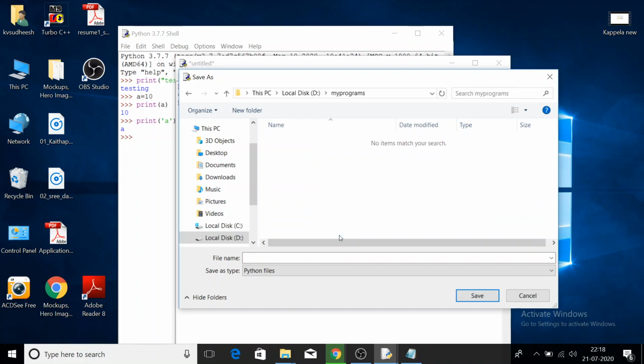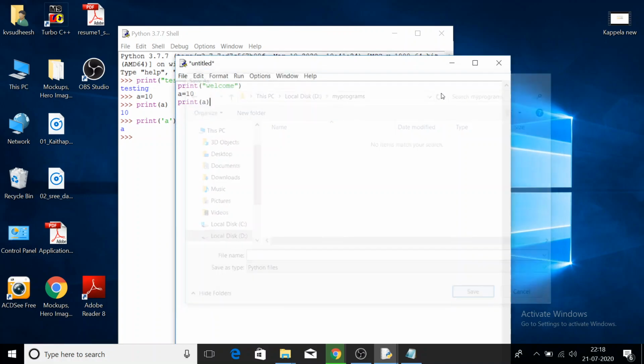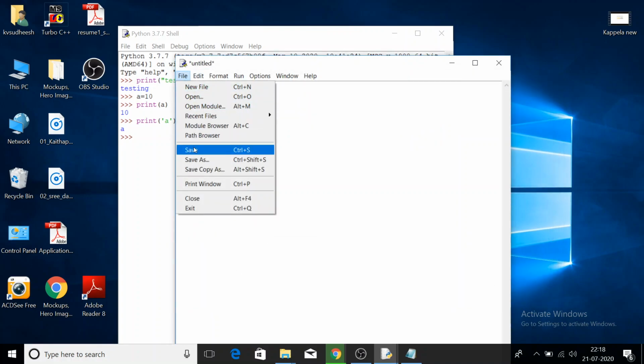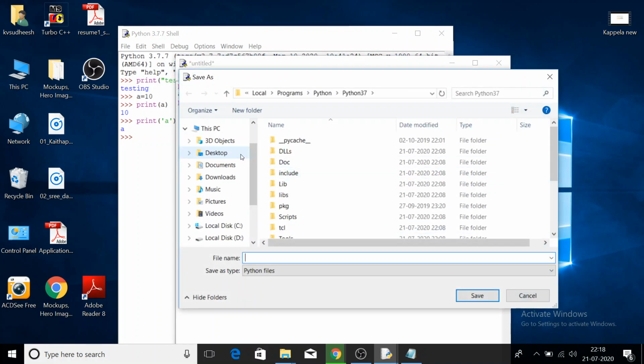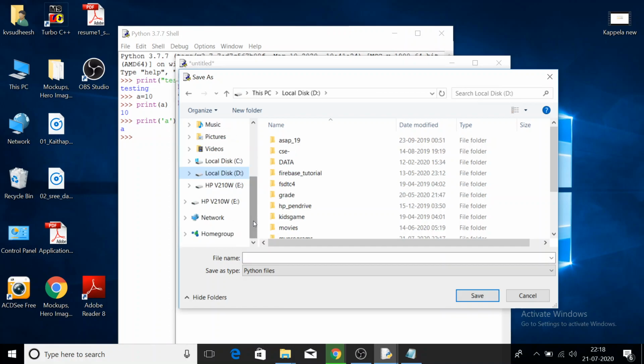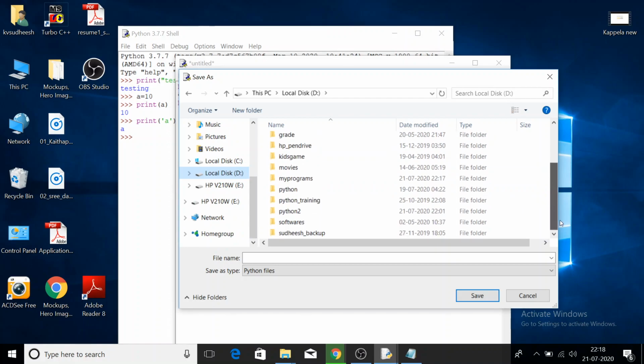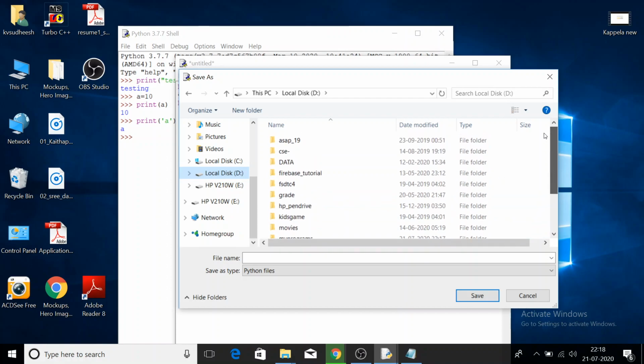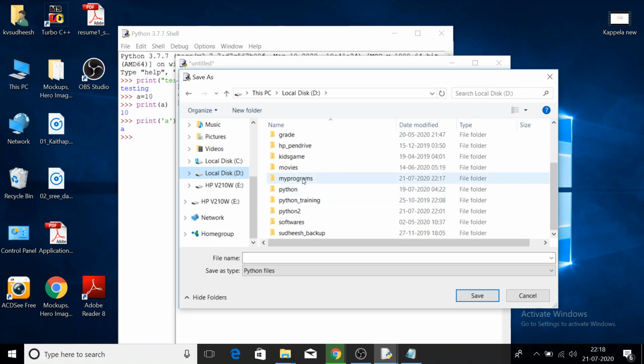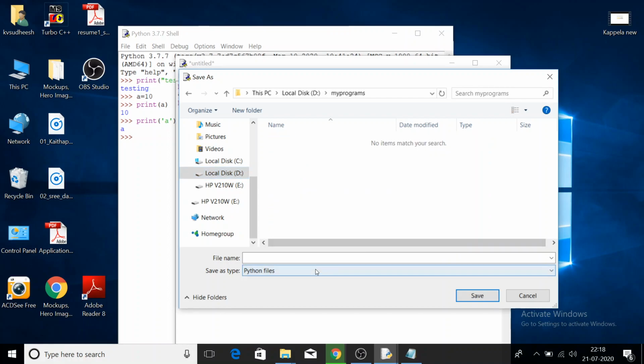That is, you are going to save your programs in the location D colon, my programs. Yeah, it's here. I am saving my first program.